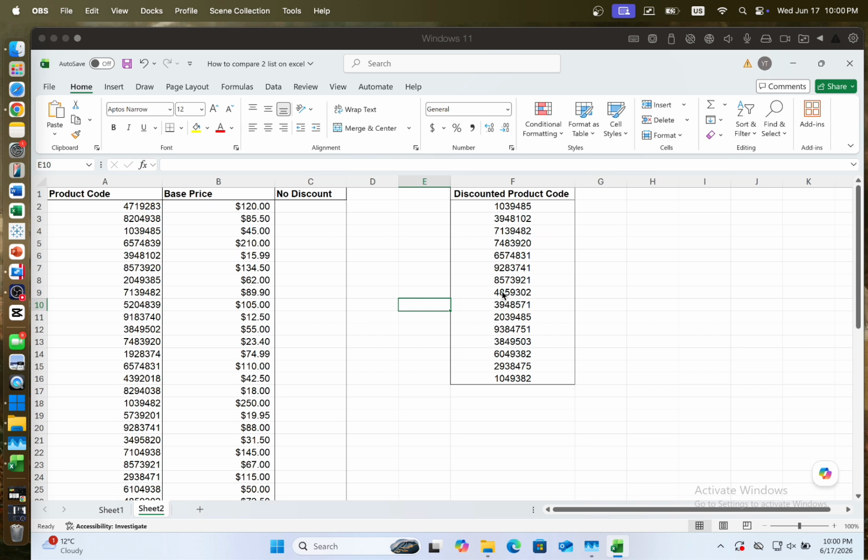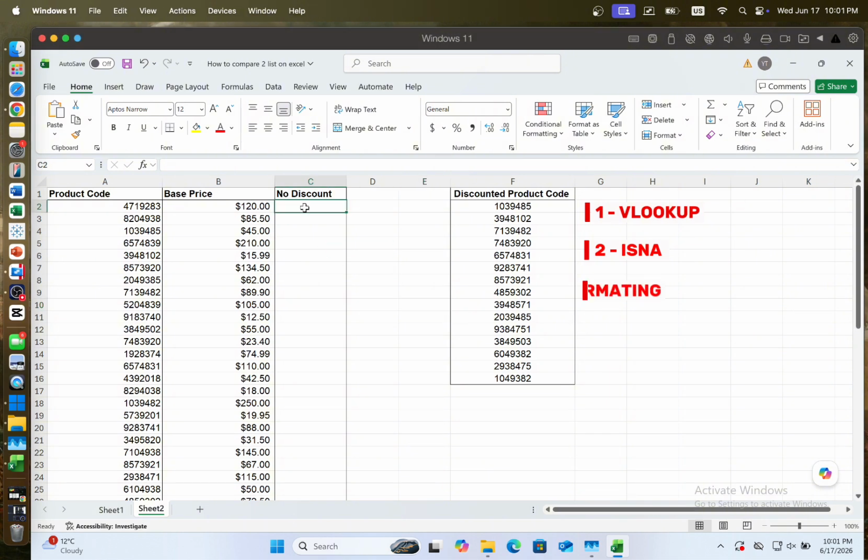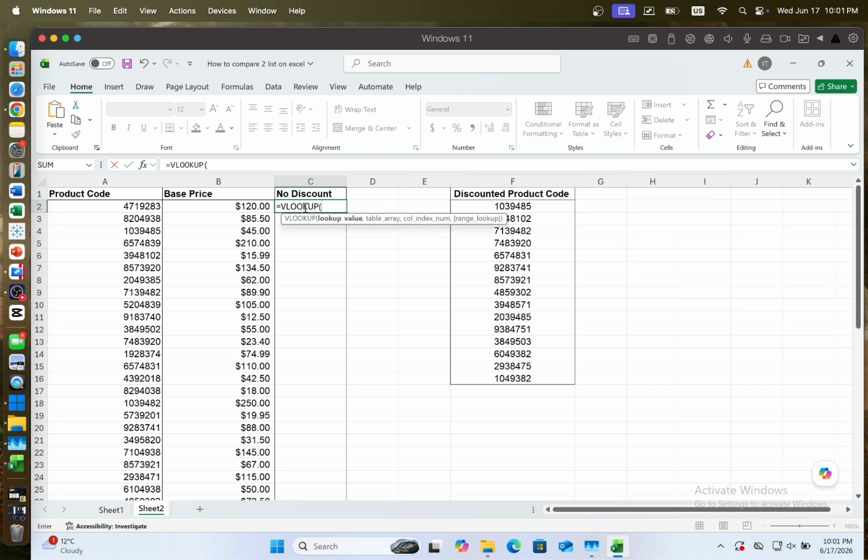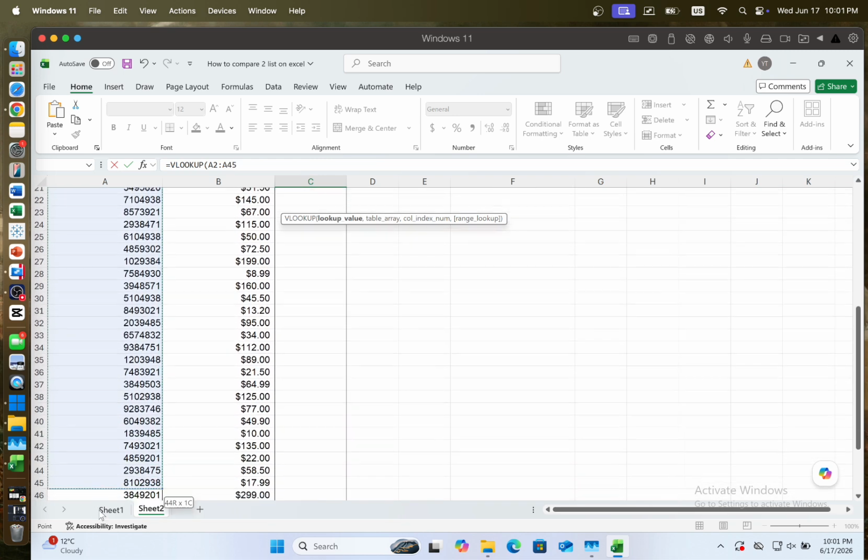For this, we will use an Excel advanced VLOOKUP formula that we will combine with the ISNA function. After that, we will implement this formula in the conditional formatting. So let's start with applying the formulas. I'm typing the equal sign on the discount cell and then typing VLOOKUP, and then I use the parentheses. So I'm choosing my lookup value, which is the product codes,